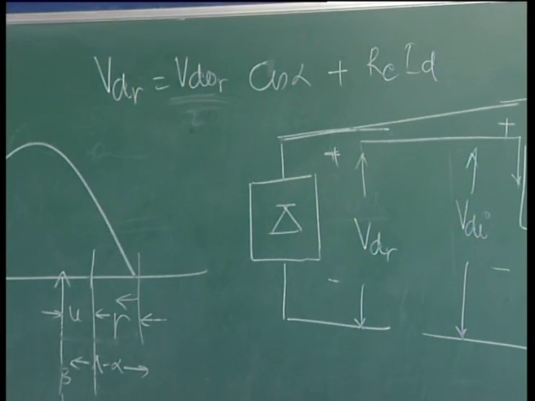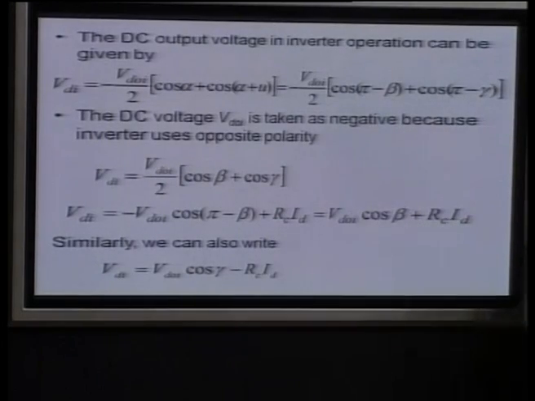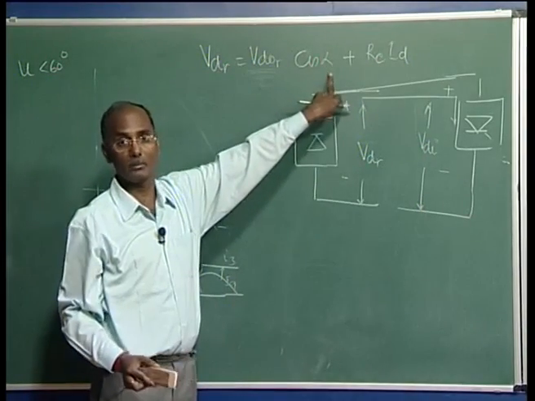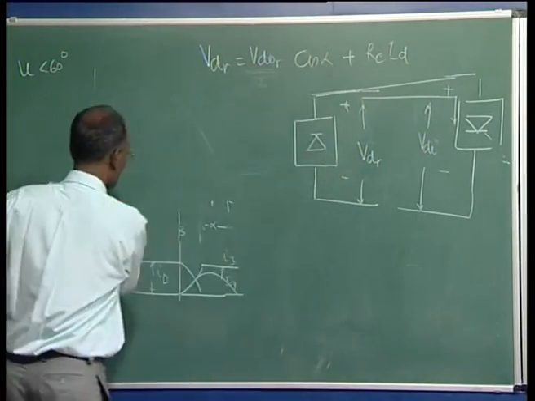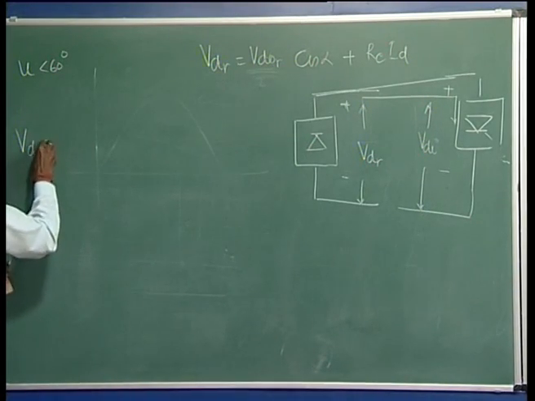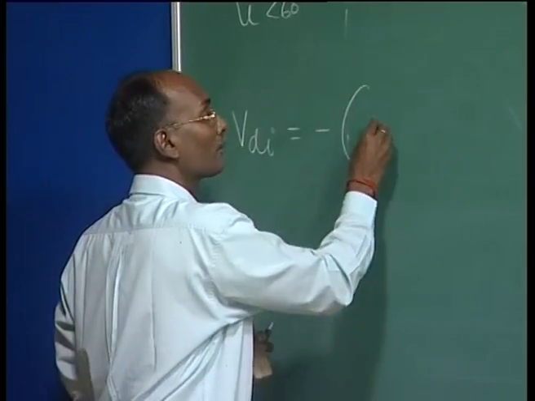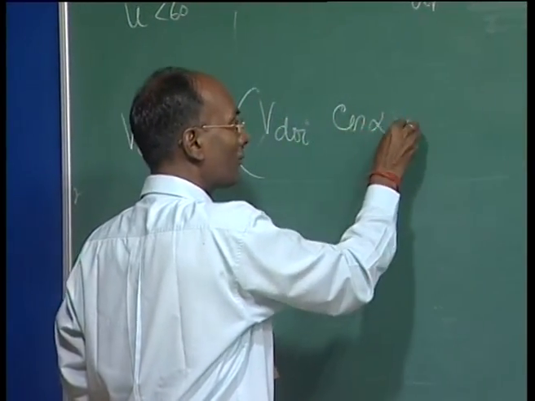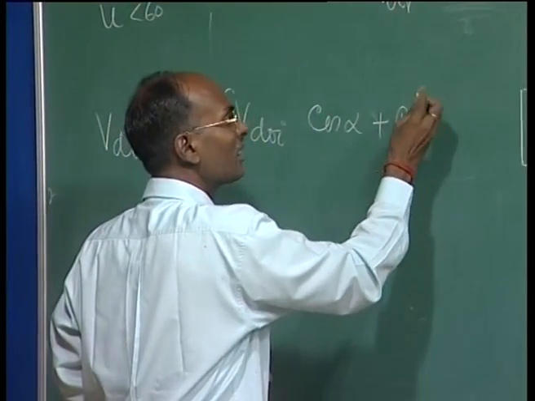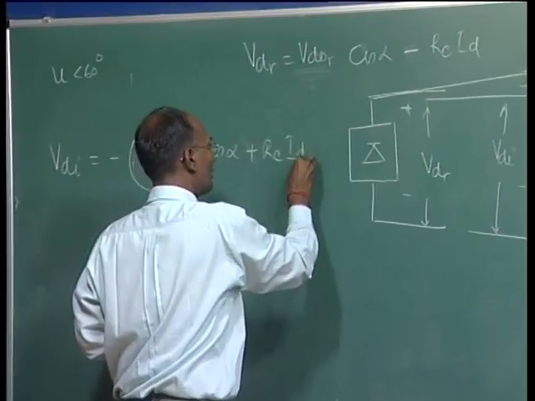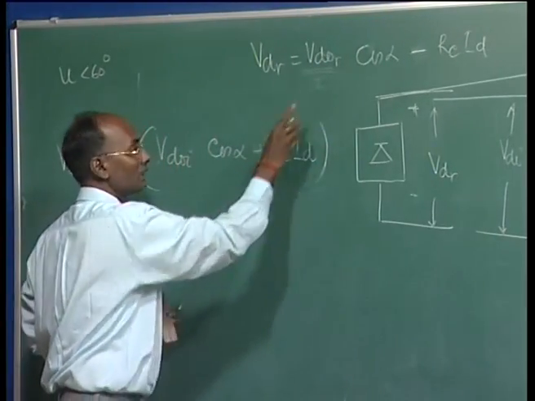Now, similarly for this inverter also, we want to write in terms of either beta or gamma, and you know what we can do, now VDI is minus of your VDOI, this is magnitude. Here I can say cos alpha plus your RC, here it was minus if you remember, sorry,